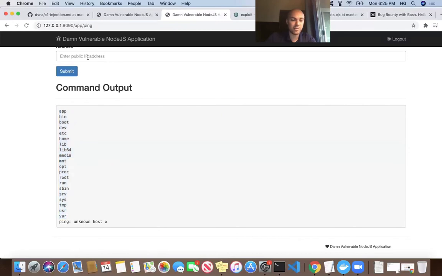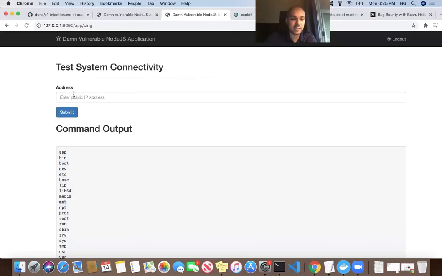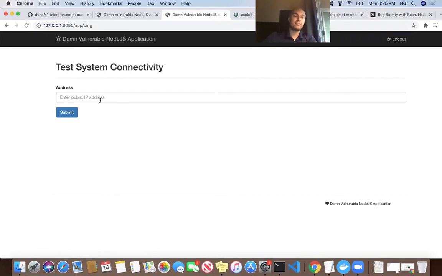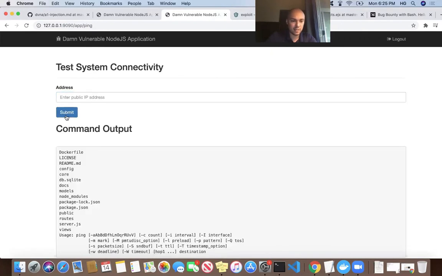You don't want people to be able to do this. What this is supposed to be used for is testing an IP address. I just made up one. This is just like pinging different websites, right? So it's saying, okay, well, that didn't work. But then if you start doing commands, I don't know if you actually need that X. Let's see if you don't need it. Yeah, all you need is